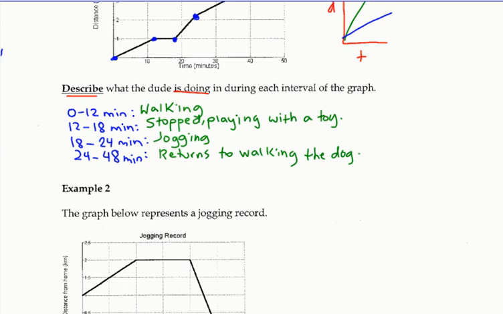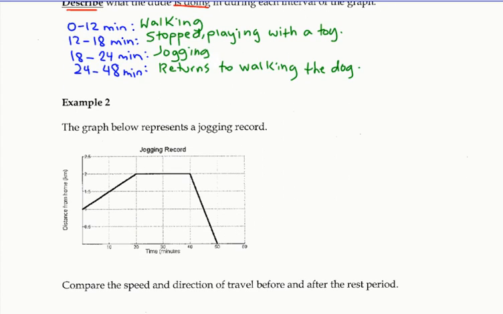Be very careful that you read the instructions and what they're actually looking for in your description. Example 2. The graph below represents a jogging record. Compare the speed and direction. So now you have to compare speed and direction. What kind of graphs are we dealing with? Sorry, what are our axes? Distance from home,